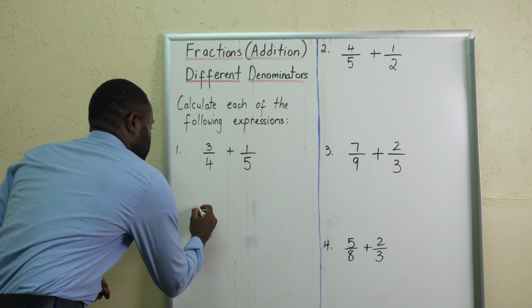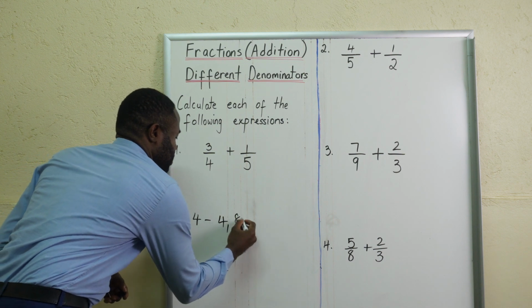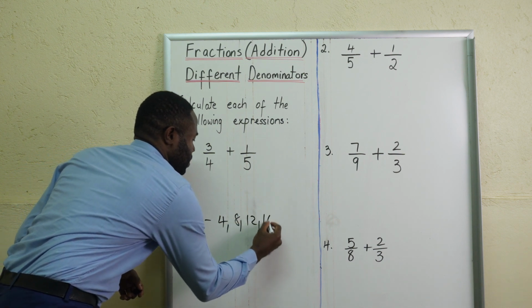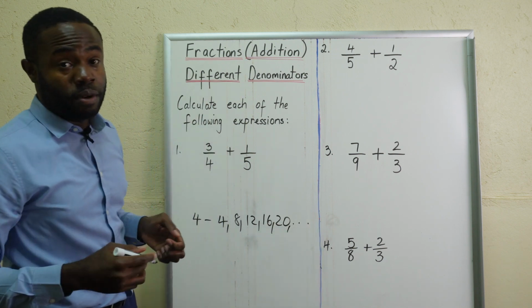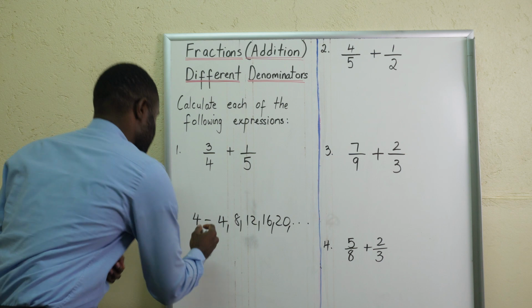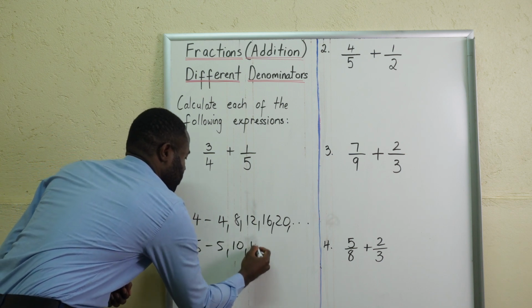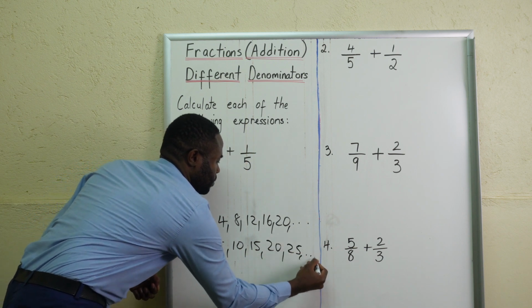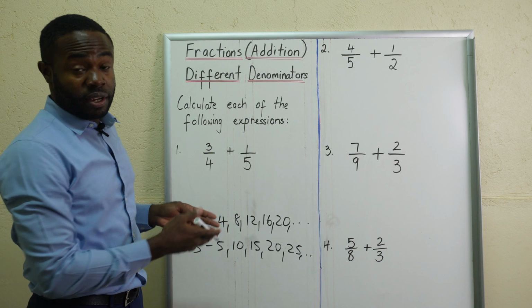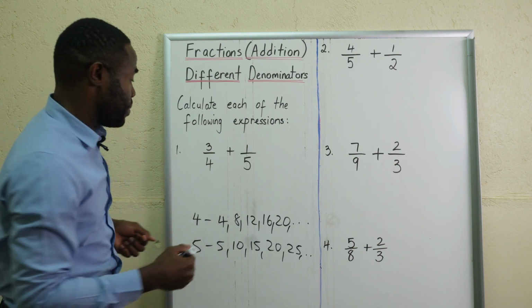The multiples of 4 are 4, 8, 12, 16, 20, and so on. Now, the multiples of 5 are 5 itself, 10, 15, 20, and 25. If you look closely, there's only one common multiple here, which is the lowest one, and that is